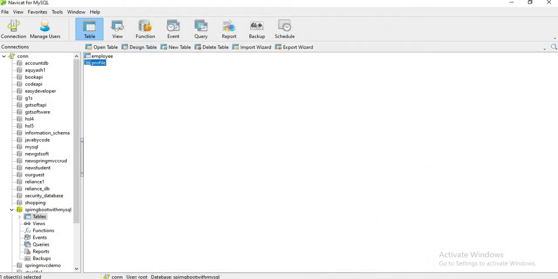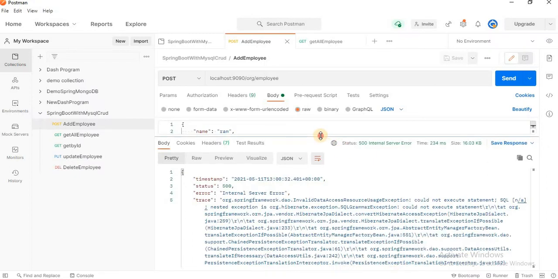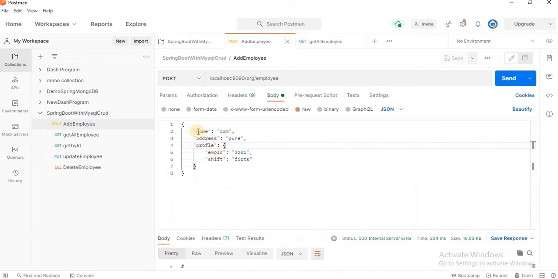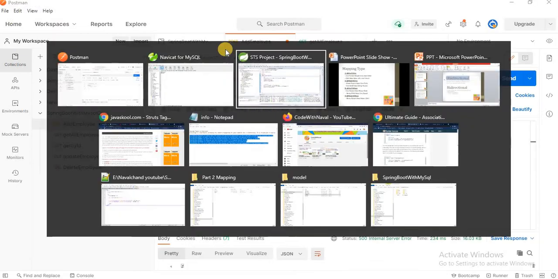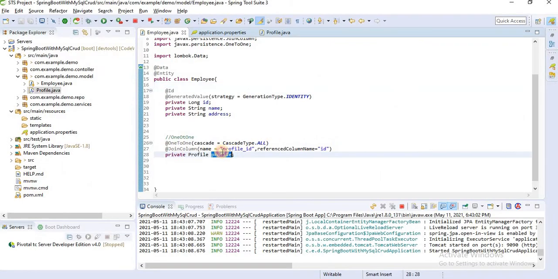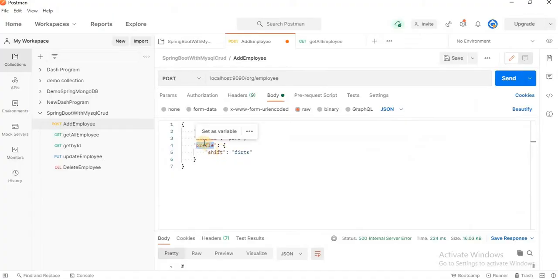Let's go to Postman and add a new record. So we have one profile. I'll just delete this. The name is the profile ID that we added. Let's copy this profile and paste it here.